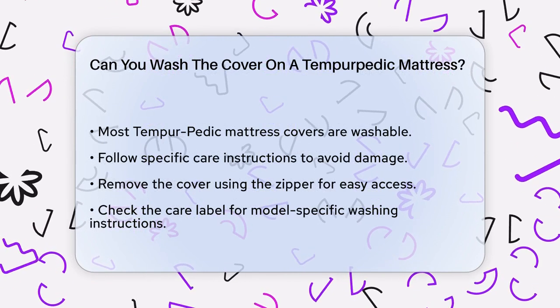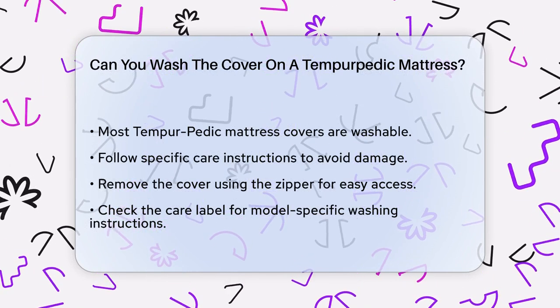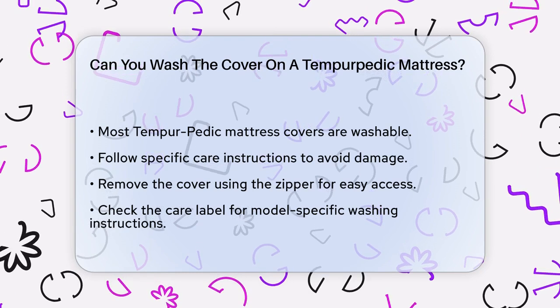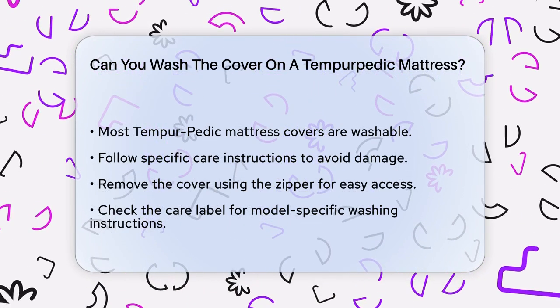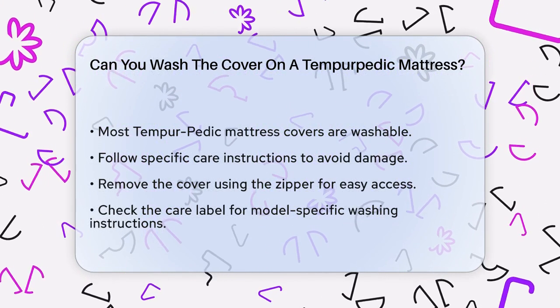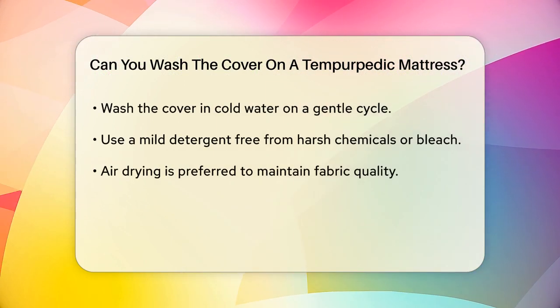However, it's essential to follow the specific care instructions to avoid damaging the cover or the mattress itself. To start, you need to remove the cover from the mattress. Most Tempur-Pedic covers have a zipper that makes this process easy. Once removed, check the care label on the cover for any specific washing instructions, as different models might have slightly